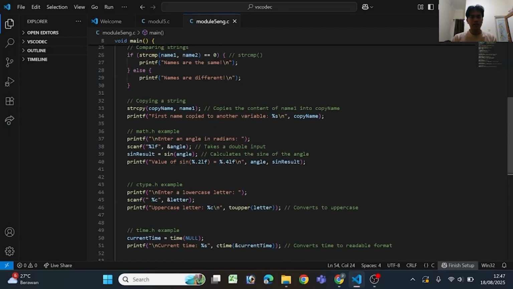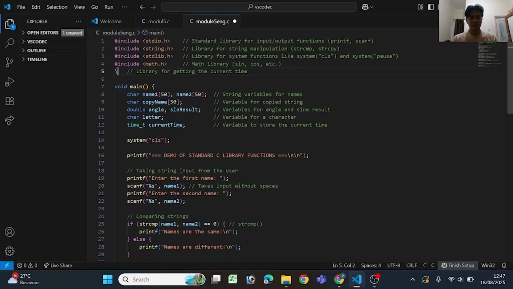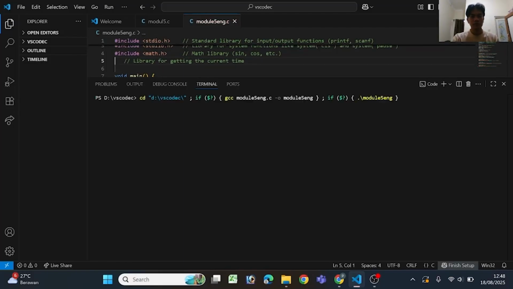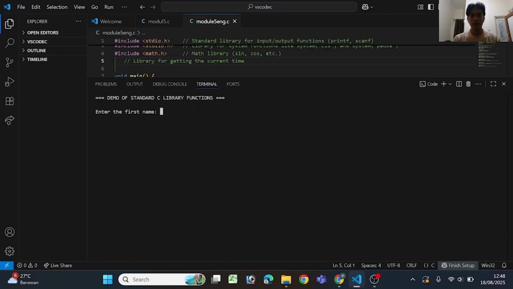And if we delete one or more libraries but we use their functions, there will be a warning and our program may not run optimally. We can see before we run the program, it will give a warning.